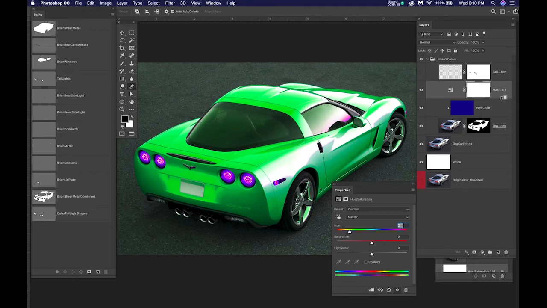hold Option or Alt and clip the adjustment layer to the sheet metal. See these two arrows right there? That means that both of these layers are clipped to this layer right there. And that's important. Okay, that's very cool. Now that's why I clipped this